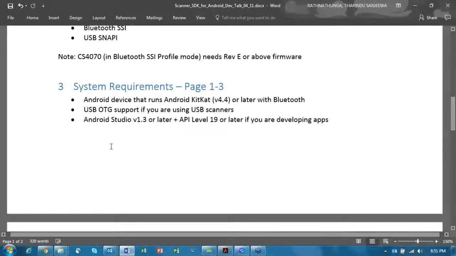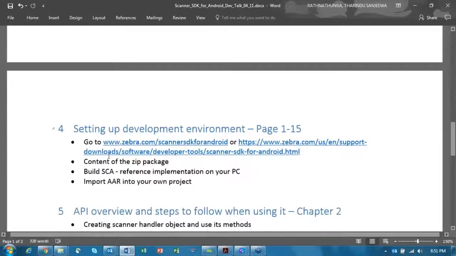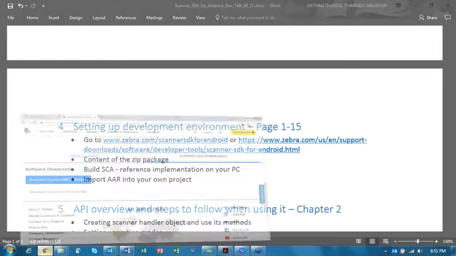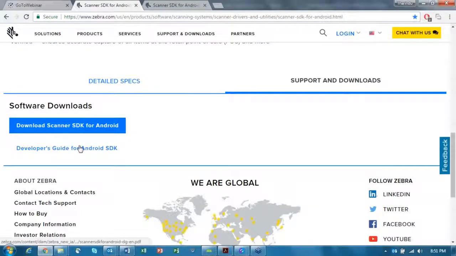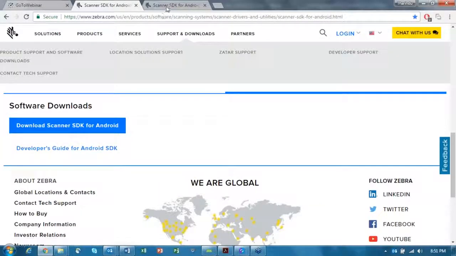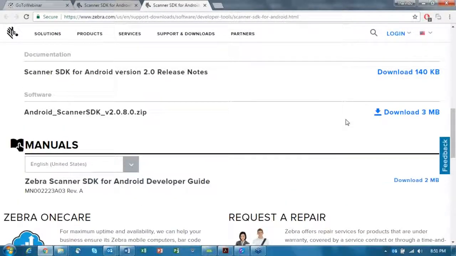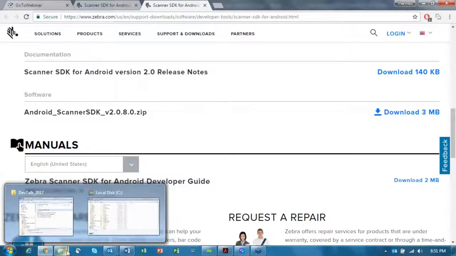Okay. Next, I'm going to present how to set up your development environment. First of all, you need to download the SDK. You should go to one of these URLs, and you can download the SDK from this page. What you get is a zip package. So once you download it,